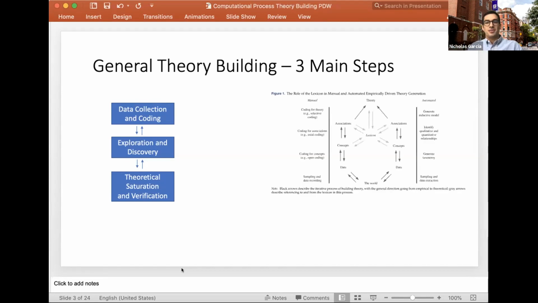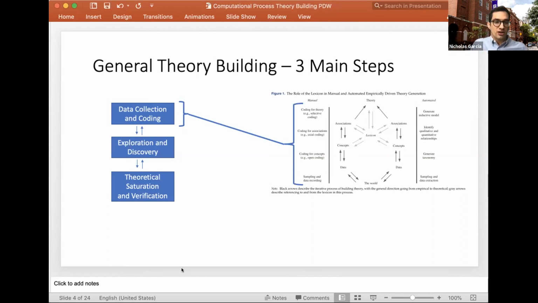And this idea of applying grounded theory to computational methods is not, you know, I'm not the only one to have this idea. All the way back to Berente, they have a very good way of understanding, from the raw data, how you build higher and higher level models all the way up to theory. And so I put this a little bit towards the category I call data collection and coding,